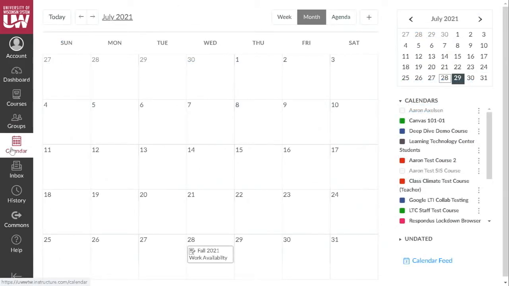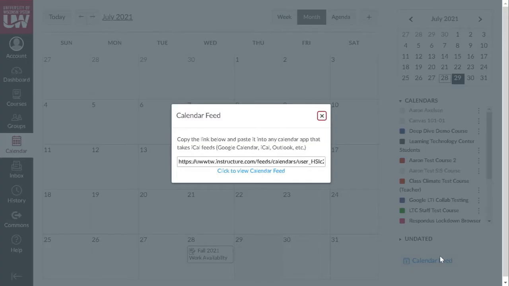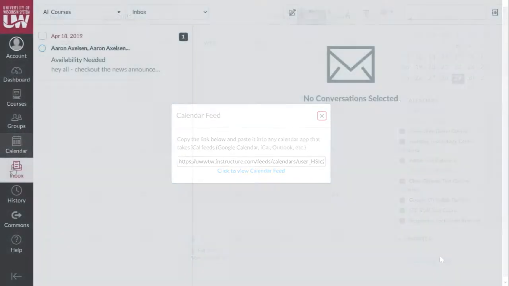Canvas also provides you with the calendar where you can view all of your course due dates. This calendar can be viewed weekly, monthly, or just by the upcoming deadlines. On the right-hand side, you can easily select or unselect courses that you'd want to see in your calendar. Clicking the calendar feed allows you to copy a link to share the calendar with other applications. As a student, I find it useful to add it to my phone via Outlook or Google Calendar.